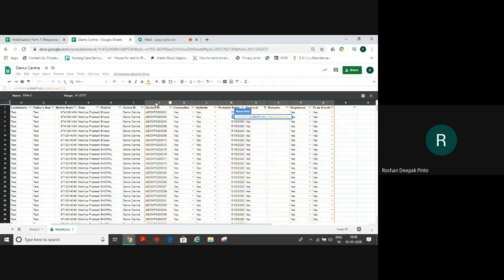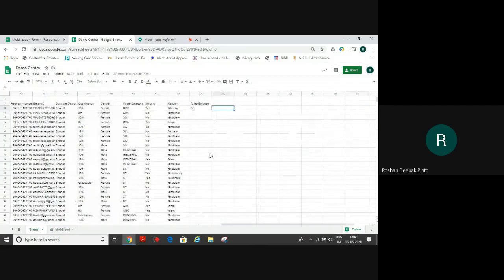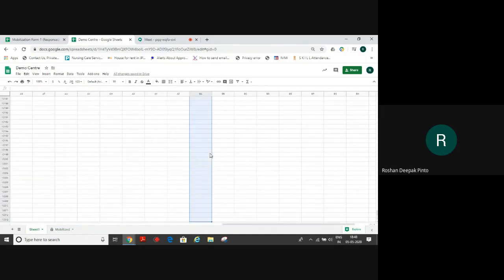So which is the column that is there here? The answer yes. After student ID, mobilization ID 1, 2, 3, 4, 5, 6, 7, 8. So you write here 8, comma 0, that is false value. Close the bracket, comma, two inverted commas, that I want blank if there is no yes. I enter it. So in this sheet, I have a yes for this candidate. I'll copy that and drag it till the end.